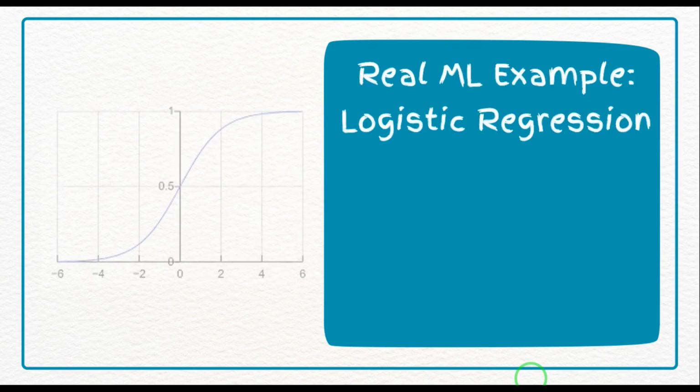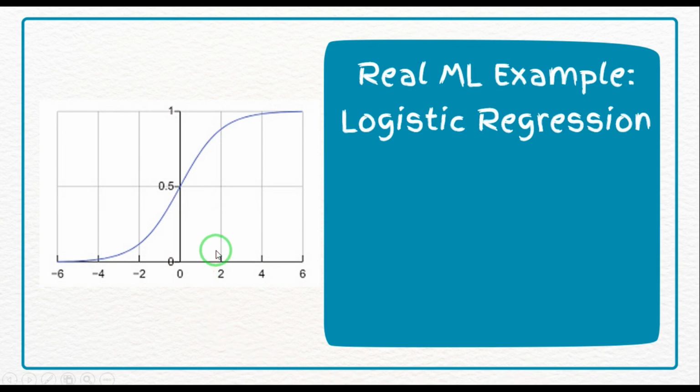Now let's close everything by connecting them to a practical ML scenario. Imagine we have a logistic regression model. Logistic regression doesn't predict a label, it predicts a probability. For each input, it calculates the likelihood that the outcome belongs to a certain class. Then we set a threshold, say for example 0.5, to turn that probability into a final decision. For example, if it belongs to the spam class or the not spam class. That's how probability quietly powers one of ML's most popular algorithms.